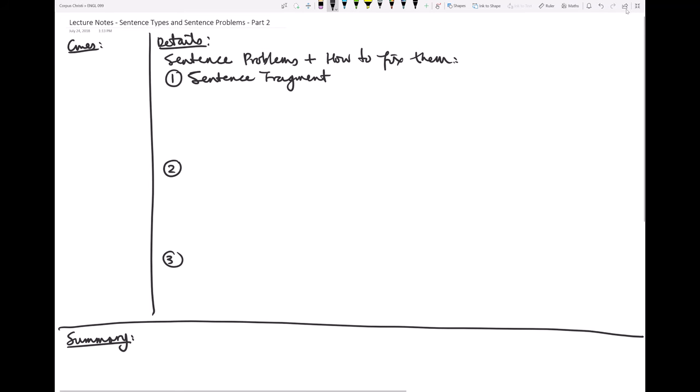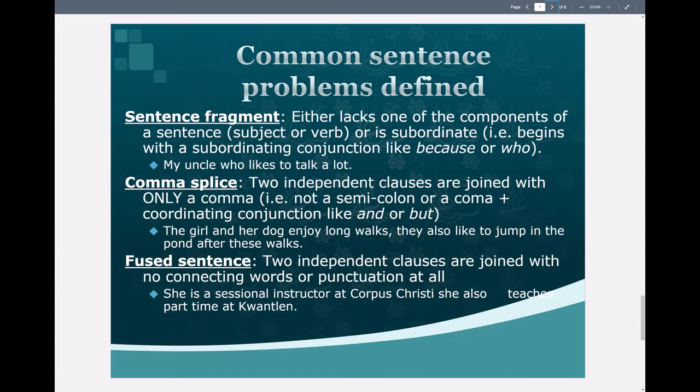So before I forget, I'm going to write the 3 different types and add details as I go. Comma splice, and fused sentence. Alright, so let's see. What is the definition? Well, let's see what it says. It reads,